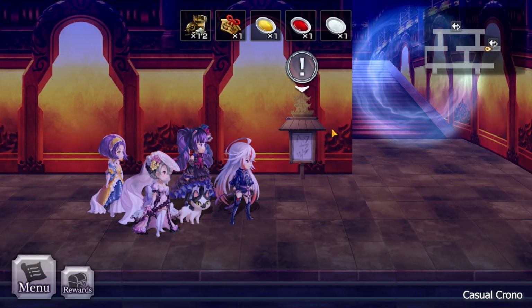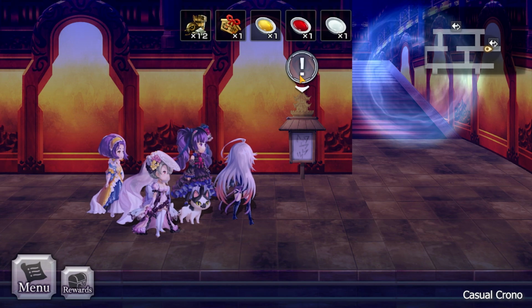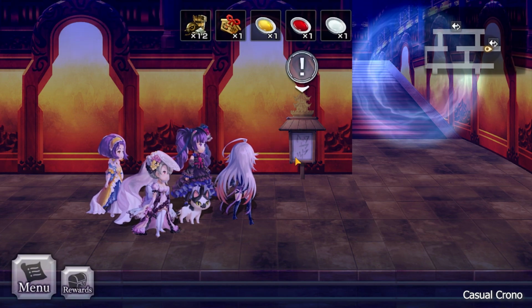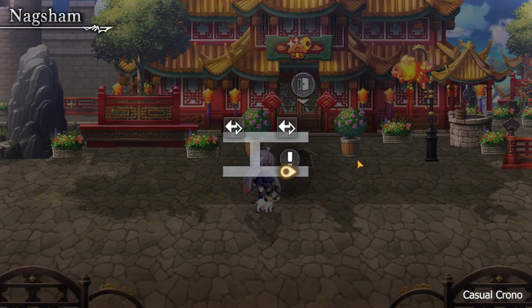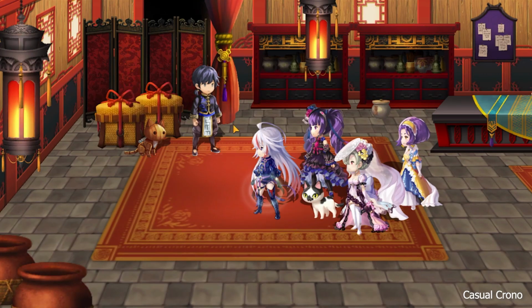Occasionally, and it doesn't happen every run, you will have the option to go to Nagsham. When you have enough junk, this is where you want to go to try and get Grasta. So when you go to Nagsham, there's 2 vendors here. One, the most important one, is inside the inn. If you go to this inn,